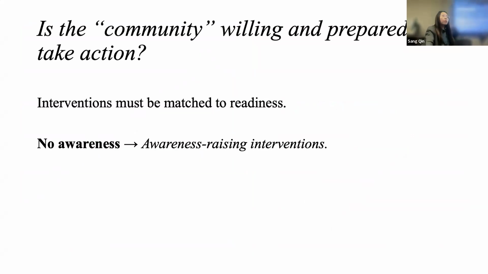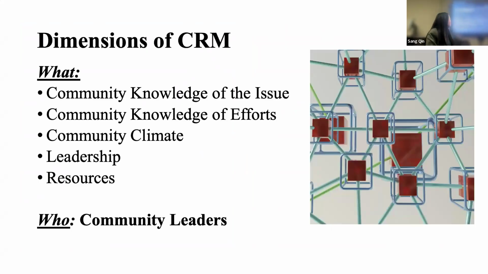So in what way have we been doing the community readiness assessments? Under this model, there are 5 dimensions. We're studying the community knowledge, the community as a whole. What is their knowledge about the issue? The issue for my project is mental health concern among young adults. So that is the community's understanding of these issues. Following that, what is the community's knowledge of the efforts? Efforts refer to services, activities, programs, campaigns, all those different ways of serving the community.